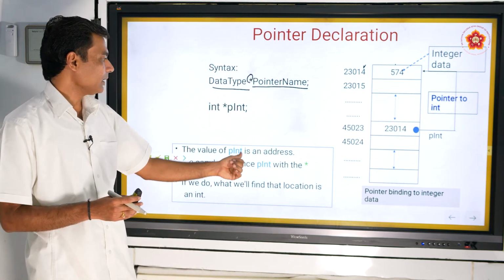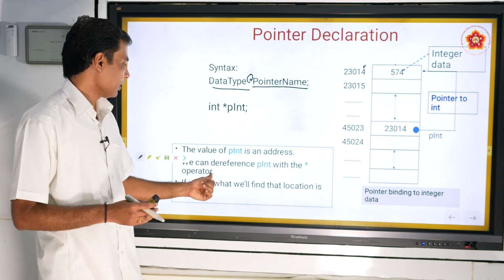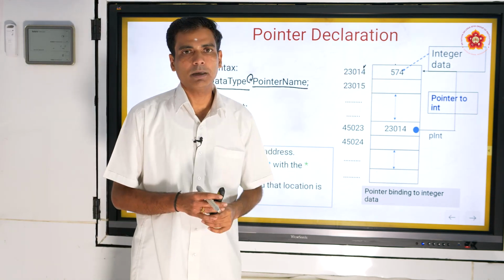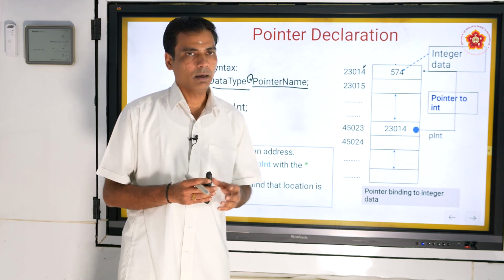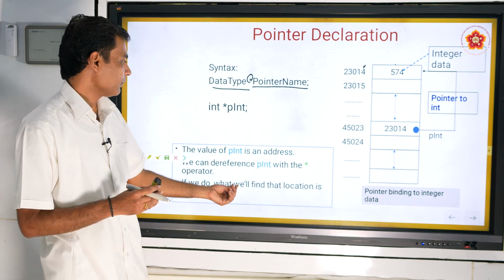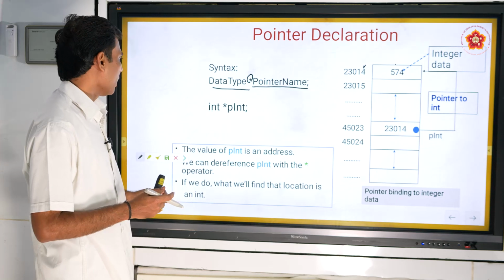The value of p int is an address. We can dereference p int with the star operator. Dereference means we can access the contents at that memory location. If we dereference this, we will find that the location is an int. How can you dereference?